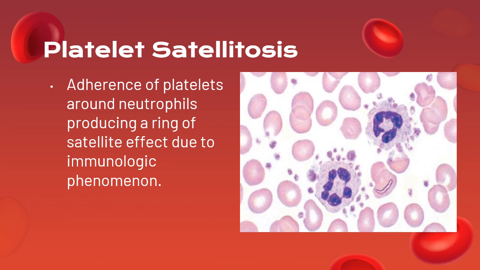Okay? So, what we can do is, re-extract kay patient using citrate tube naman. Okay? And then, citrate tube naman yung gamitin mo to make a smear and then see if magkakaroon pa rin siya ng platelet satelitosis. Yan. So, if wala ng platelet satelitosis, you would know na it's because of the EDTA tube lang. Reaction lang ng blood sa EDTA tube. Okay? And not a immunologic phenomenon. Okay? So that's it for the part